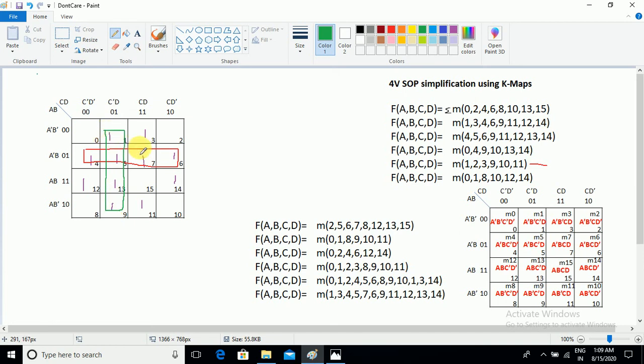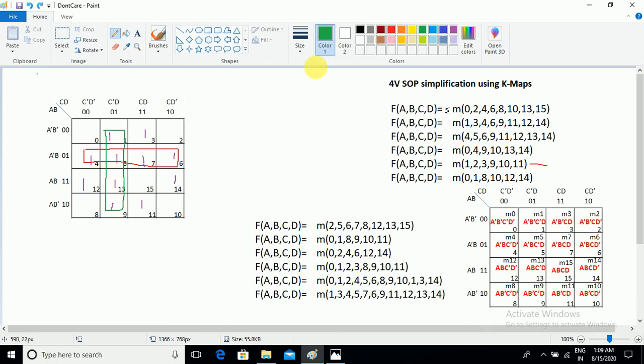Then let us think about the cells which are not in a group. For the sake of 12, you can do this kind of group. You can do this. But if you take it here, how many cells are getting overlap? How many cells are getting overlap? 1, 2, 3 cells are getting overlap.